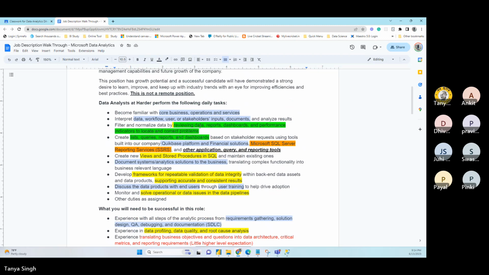So what they are asking is that you need to have an understanding of the core business operation and service, right? So what does it mean? If you're working for a hospital, you need to know how many departments there are and how hospitals work, right? If you are working for a restaurant, then you need to understand the restaurant. Whatever business entity you are working for, you need to have an understanding. That's called domain knowledge also, right? If you are lucky enough, you'll get something that exactly matches your domain, and you understand the process.